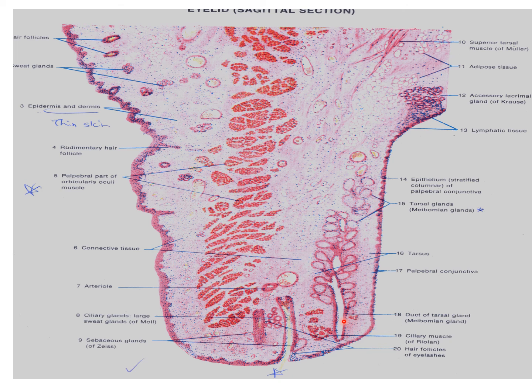It produces an oily secretion, a thin film spread over the lacrimal fluid in the conjunctival sac, which delays evaporation. Modified sweat glands, the ciliary glands or glands of Moll, are present in the lid near the free edge, along with the sebaceous glands related to the eyelashes. This gland is named the gland of Zeis. They open into the hair follicle. Accessory lacrimal glands are often present just above the tarsal plate. This gland is named the gland of Wolfring.